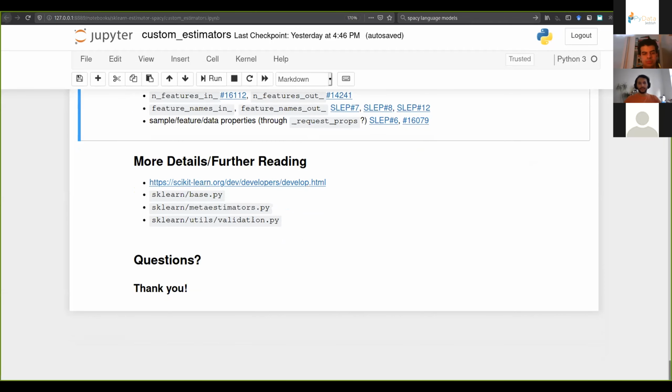And then I would really recommend reading this page. This is our effort to document how to write a custom estimator. It is, like everything, a work in progress. And the things that you usually need are in one of these three files. Base.py,